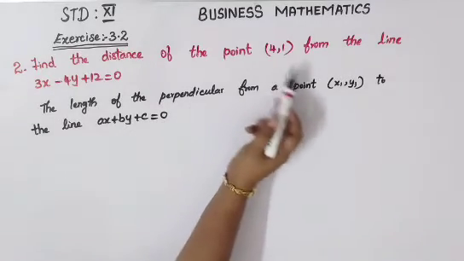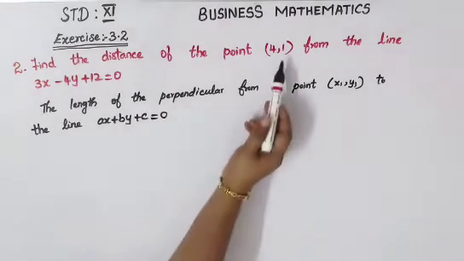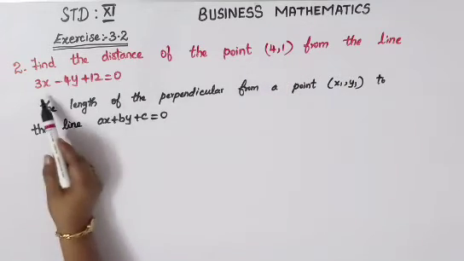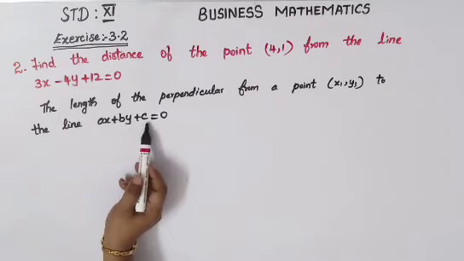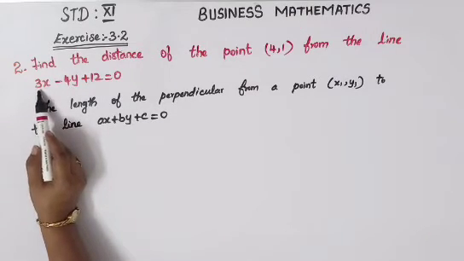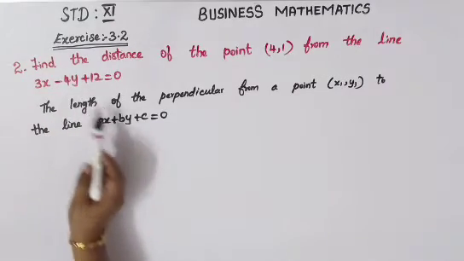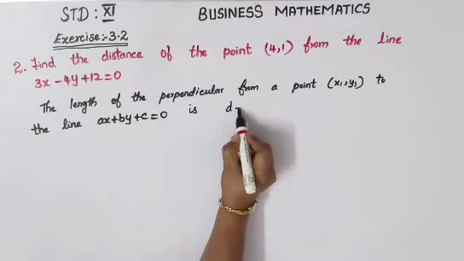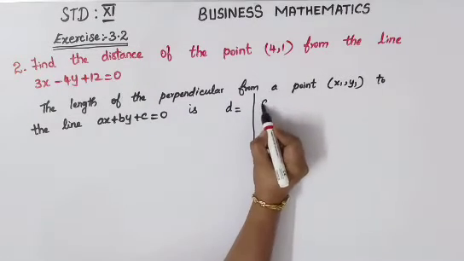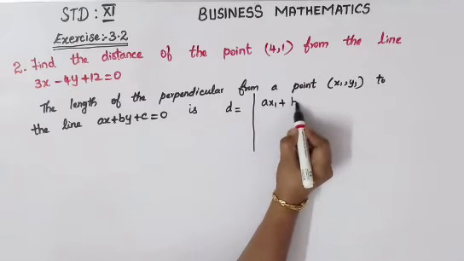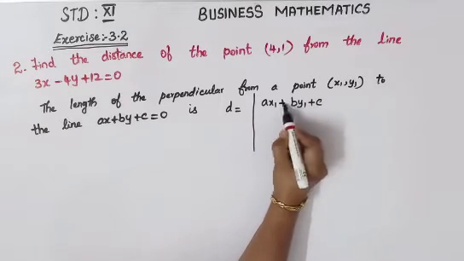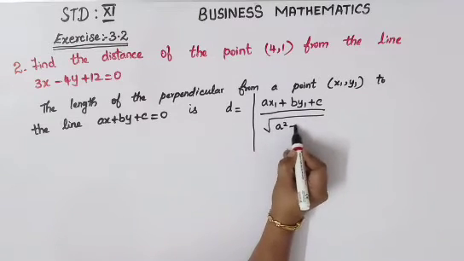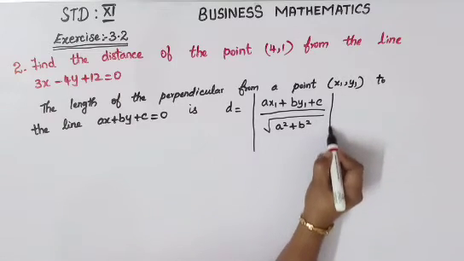First check whether you have got one point and the same line like this. So we have got the point 4, 1. Here x1, y1, we can write it as 4, 1. And you have got a line here ax plus by plus c. Instead of that, we have got the line as 3x minus 4y plus 12. So the format is same. So I can use this formula as d is equal to modulus of ax1 plus by1 plus c divided by root of a square plus b square. So this formula you can use.